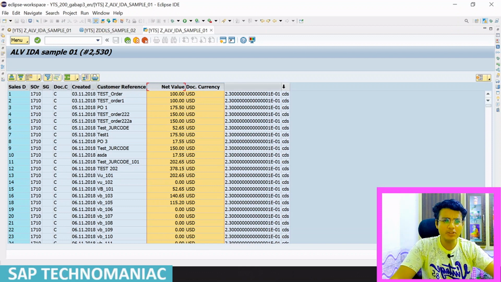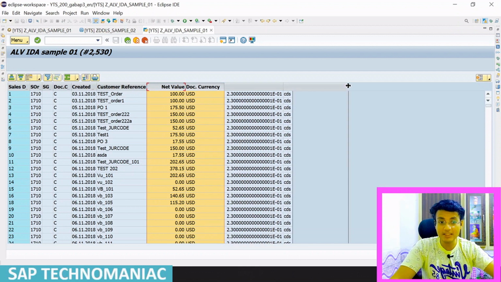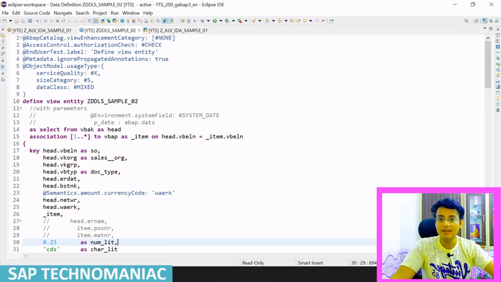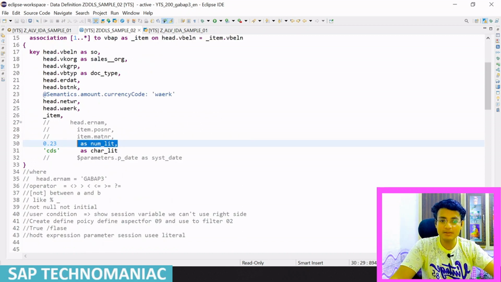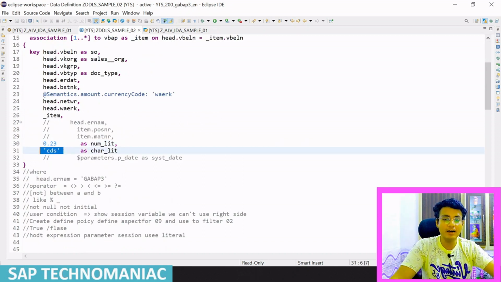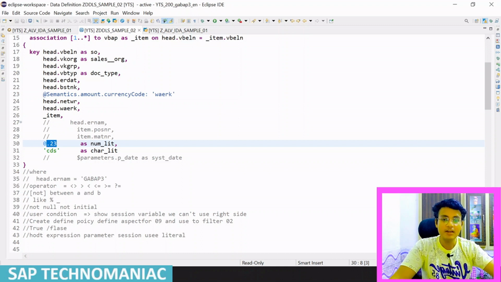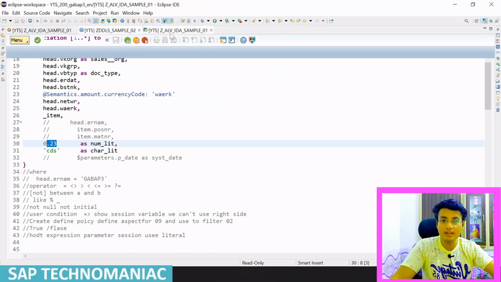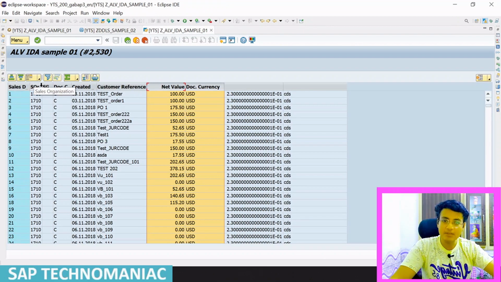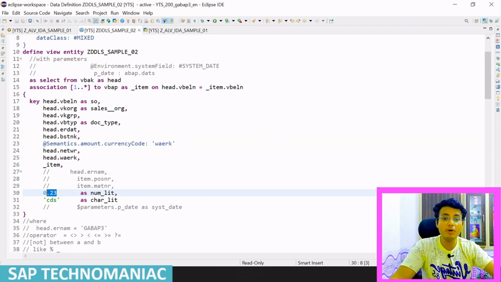In my last video, some of the guys asked in the comment section why we don't have the description of these fields, because in this particular CDS entity we have used 0.23 as a literal value, and for other variables we already have the descriptions and everything, because that got derived from the data element of that